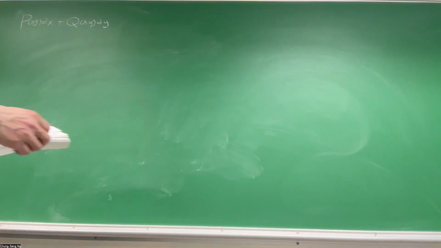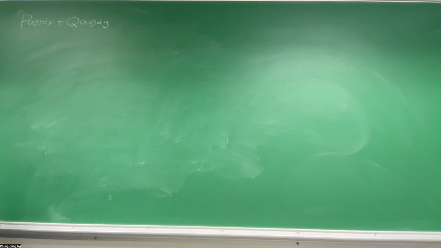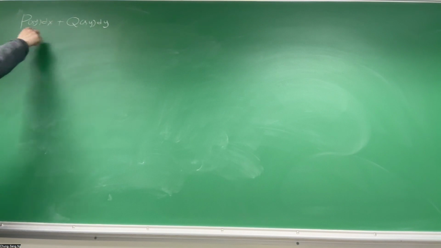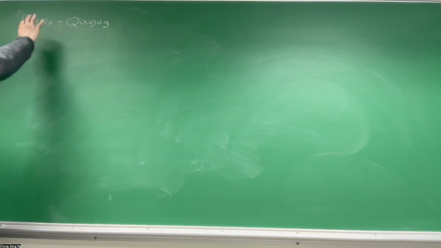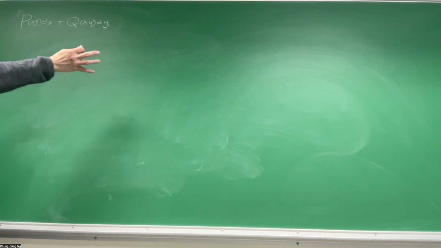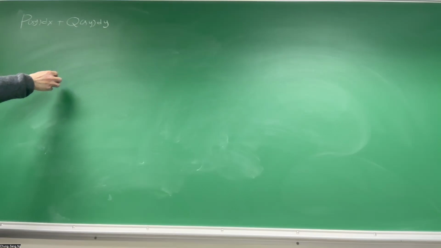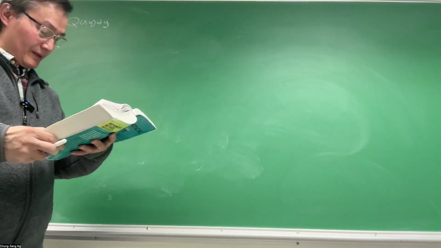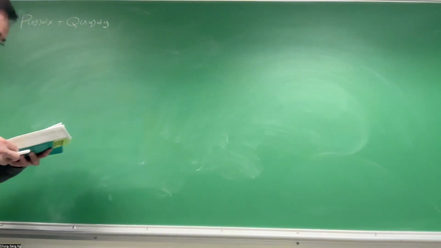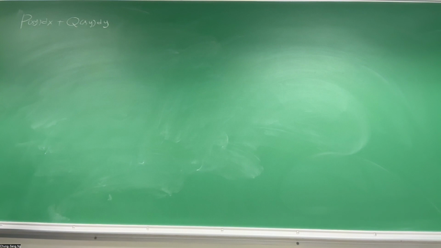Obviously both P and Q can be complicated functions. So P and Q both may have more than one term, so finally it may have more than two terms, and for each term you count the power of x and power of y. If they are the same, then it's called homogeneous, right? And then you can do a transformation to make it separable, right? And the transformation is y is